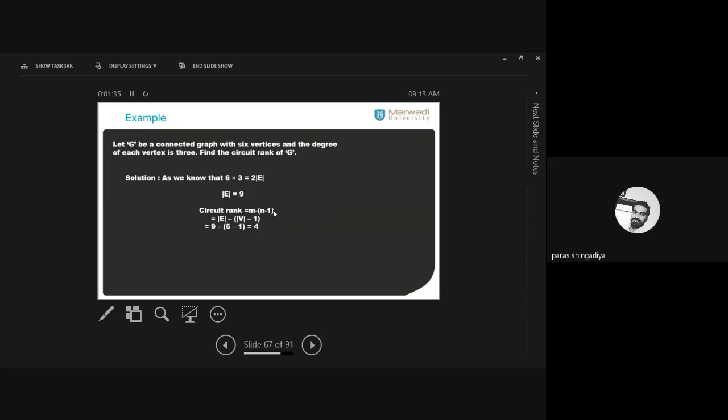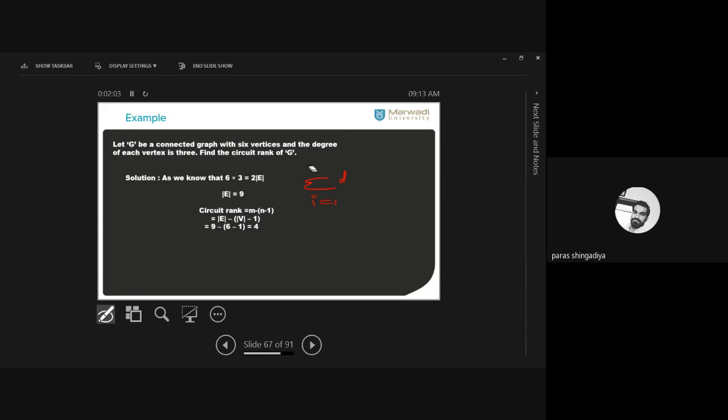So here we'll first check the number of edges by using the first theorem of graph theory, that is the sum of i from 1 to n of degree of vi equals 2 times e. By using this equation, we'll find the number of edges first. Here all the vertices have degree 3. That is given. So we'll use the first theorem of graph theory to derive that answer.